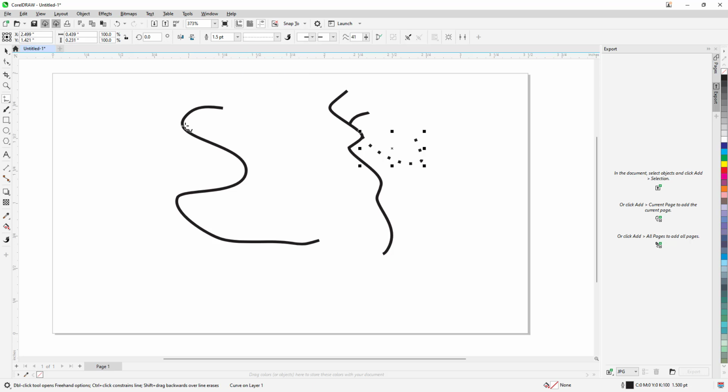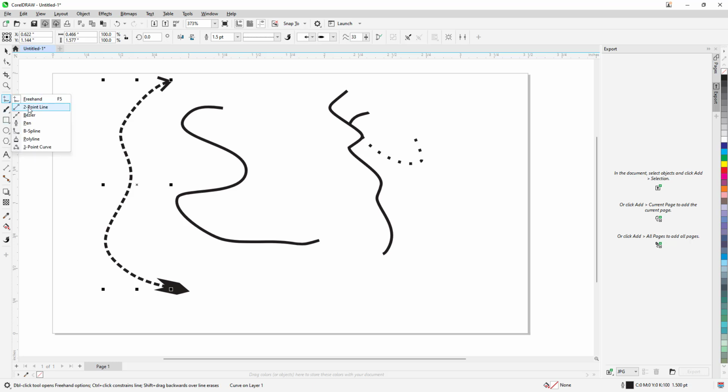Apart from that, you can also choose the type of dots right here. For example, you can go for a more dotted look, and you can go for arrows just like this as well, and choose the starting and ending point, and change around the type as well just like this. So if I were to go onto the other option, that is 2-point line, then